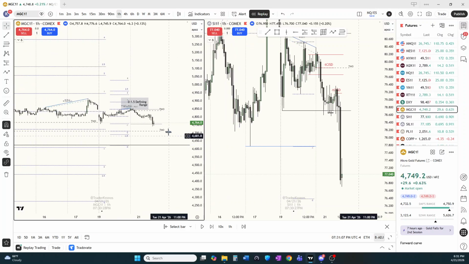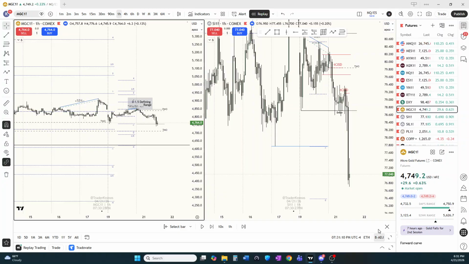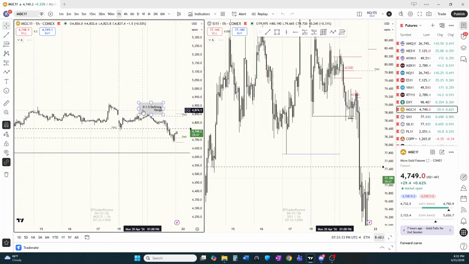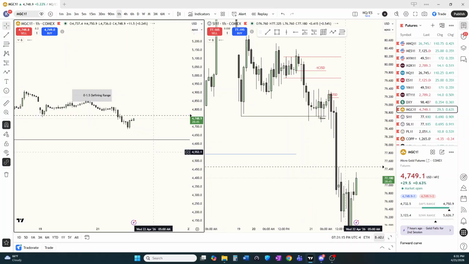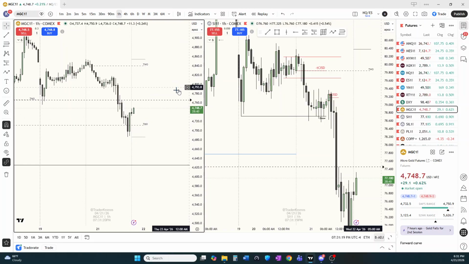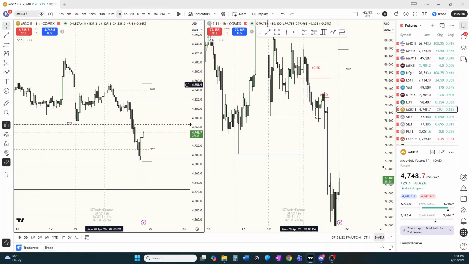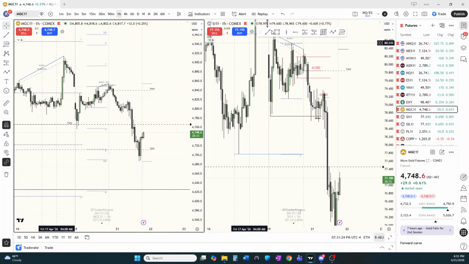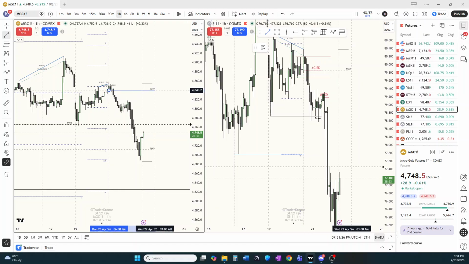So let me jump out of replay mode here so you can see this. So same concept here on this hourly chart, right? Once we put in this weekly cycle right here, then I'm fine with dropping down another time frame, looking for a daily cycle, whether it be in London taking out the Asia high or New York taking out the London high. Once it does that on the next time frame lower, that's generally my trade for the day,